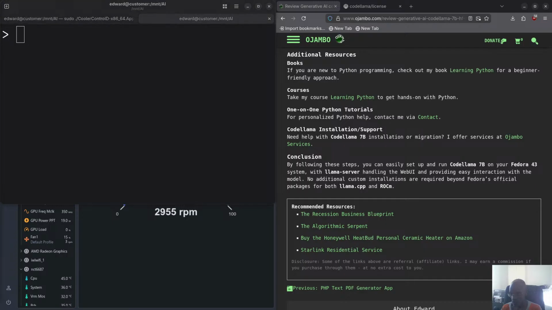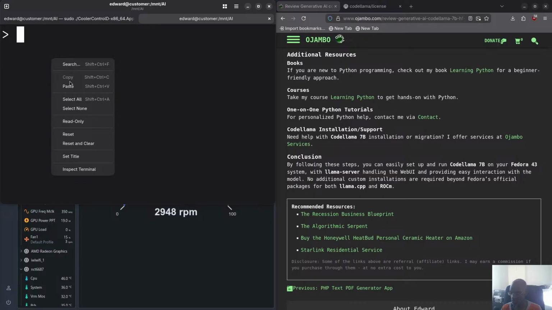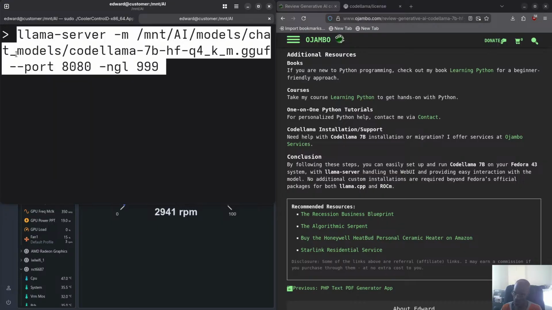So very simply, I'll show you the command I'm using, and I also put the layers, the GPU layers as well. So here's my command. I'm not downloading anything. You see, it's llama-server space -m, then the path to the model. So you can see that it's in my AI partition. So models, chat-models, and then the name Codellama here, and then the port is 8080,